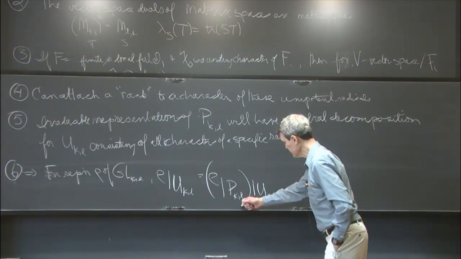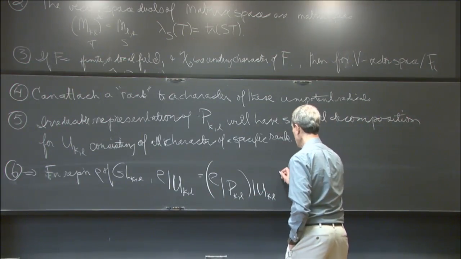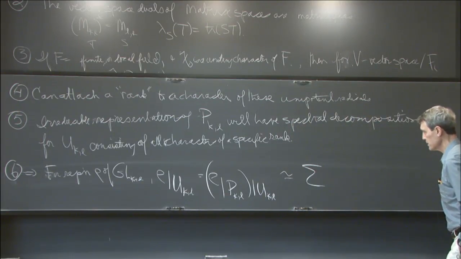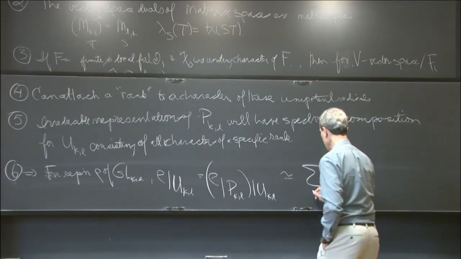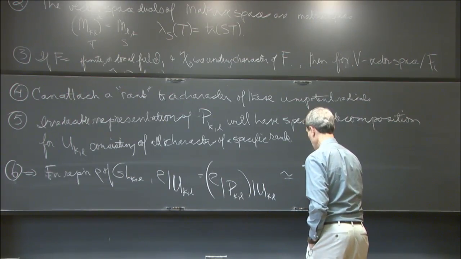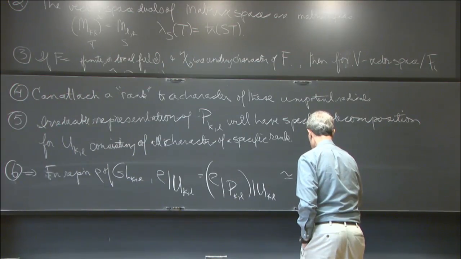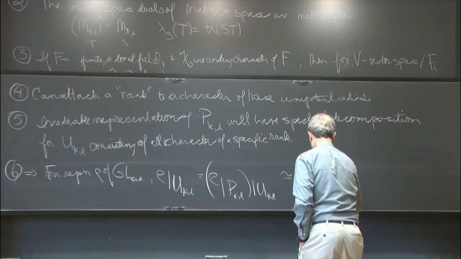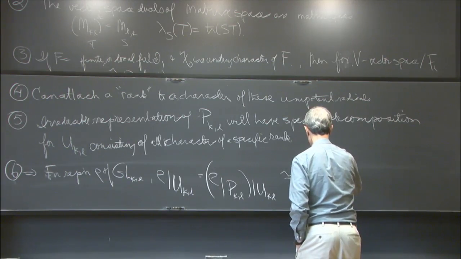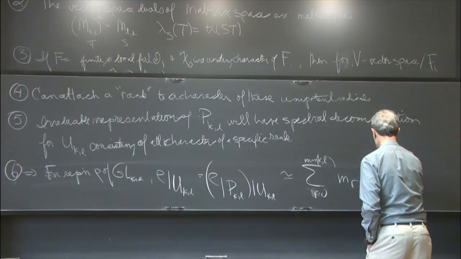And so each one of these restrictions is concentrated on the matrices of a specific rank. So what we'll get is a sum somewhat similar to what Shamgar wrote down for the symplectic group. The rank goes from 0 to the minimum of K and L of some multiplicities times